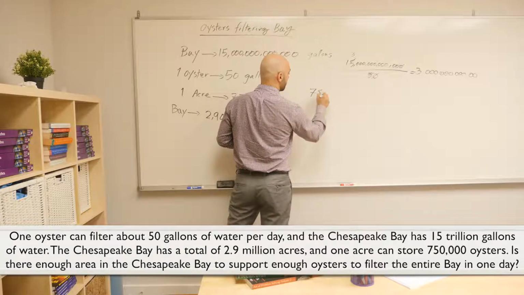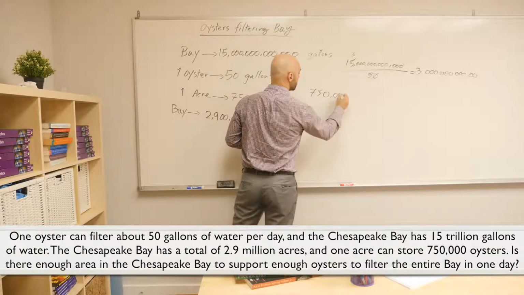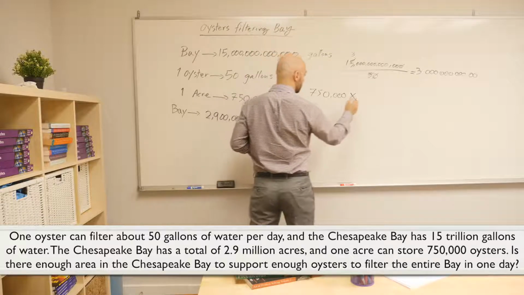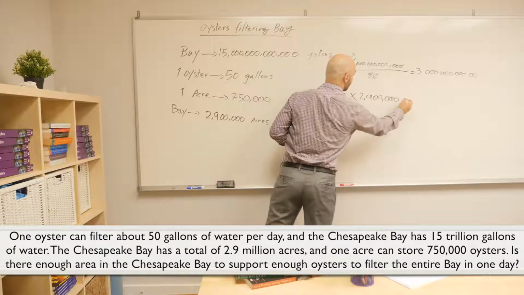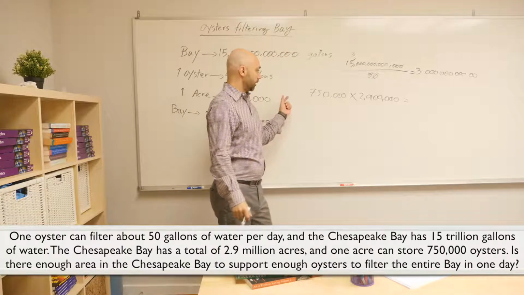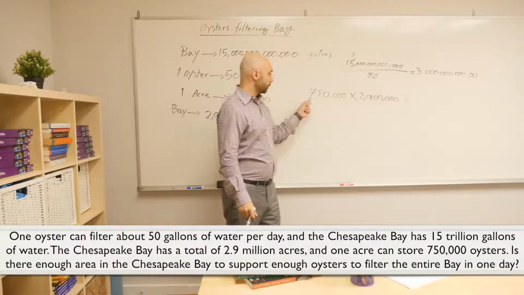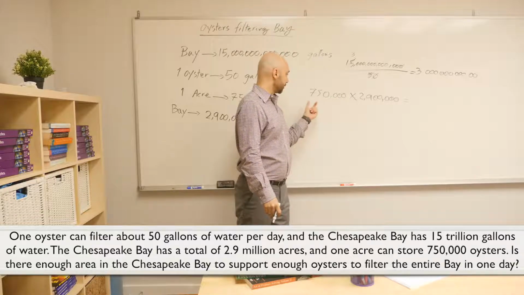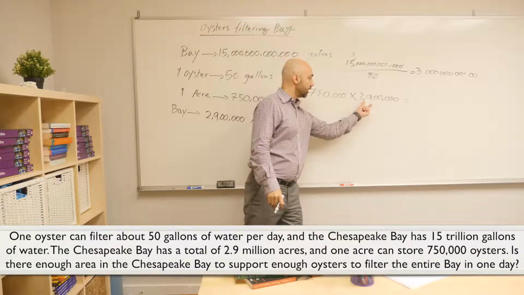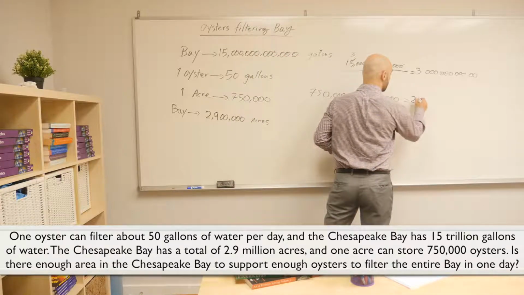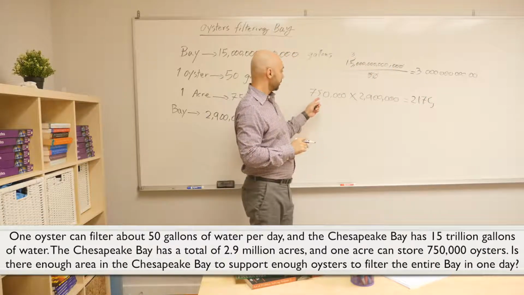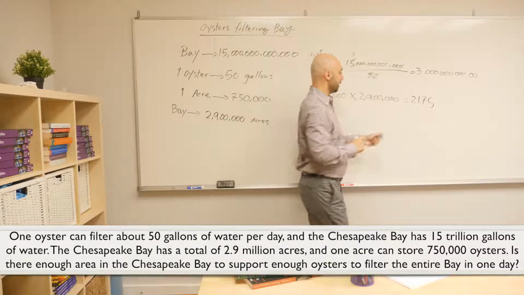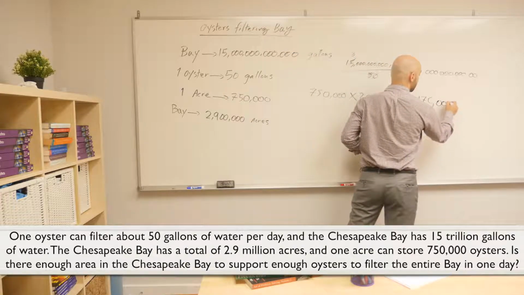We're going to have 750,000 times 2.9. Now, we can keep the number of zeros, and the multiplication part of it you can do by yourself. You'll see 75 times 29 would be 2175. And let's count the number of zeros: 4, 6, and 9. So we're going to have